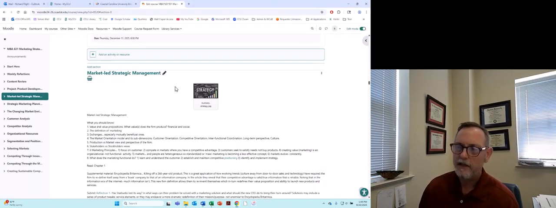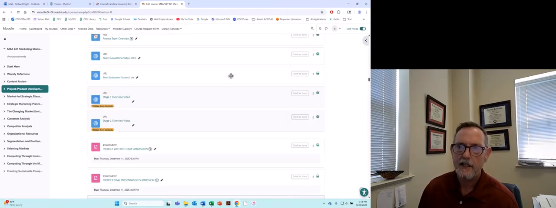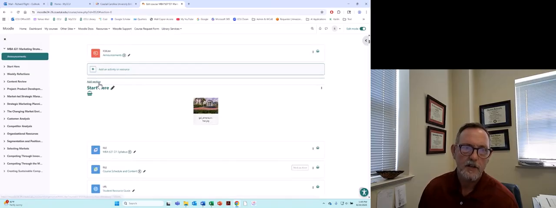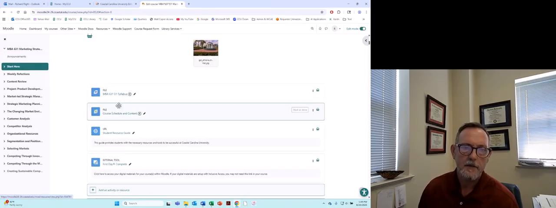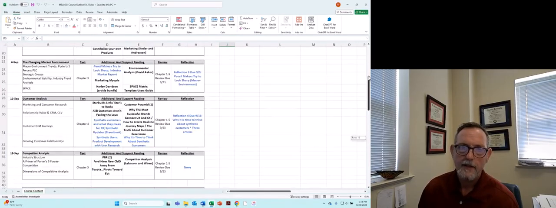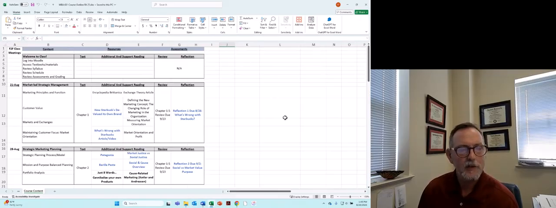Okay, the last thing that I wanted to pull up here, and again, these documents are found in the Start Here area, so Start Here, and then the syllabus, and then the course content one is the second piece that I wanted to pull up. This is going to look a little mechanical probably. It's a spreadsheet obviously, but